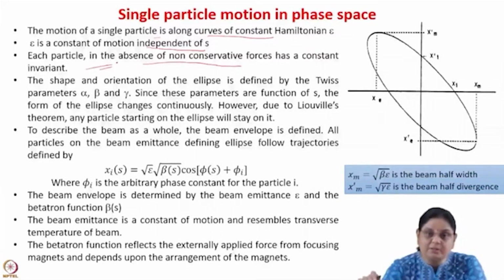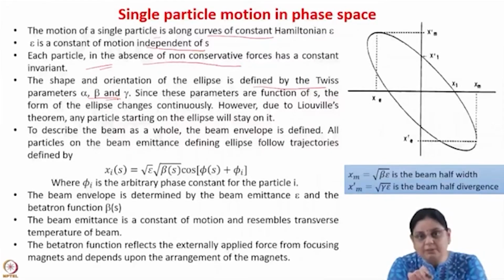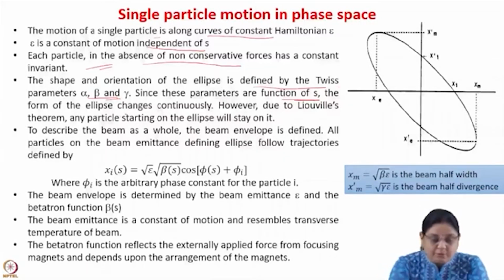So remember, all this is valid when we have conservative forces, only because we have derived this for conservative or linear forces. The shape and orientation of the ellipse is defined by the twist parameters alpha, beta and gamma. So alpha, beta and gamma tell you about the shape and orientation of the ellipse. And since these parameters are functions of S, the form of the ellipse